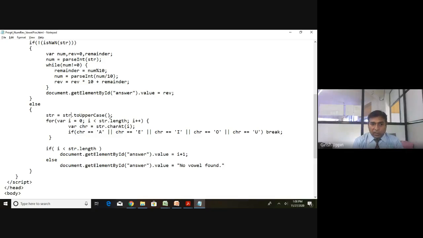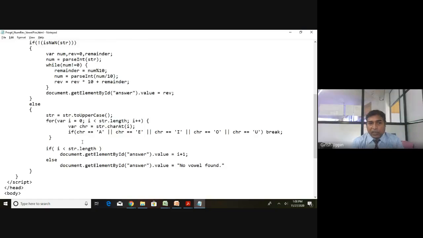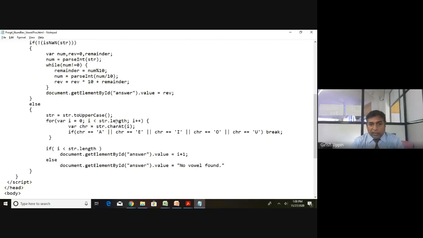Whatever input is here, now it is capital X, capital Y, capital Z, capital A after this statement gets executed. Now you are looping through this particular string. Variable i is equal to 0, i less than str dot length. What is str dot length? In this case it is 4. i less than 4, then i plus plus, I will increment.